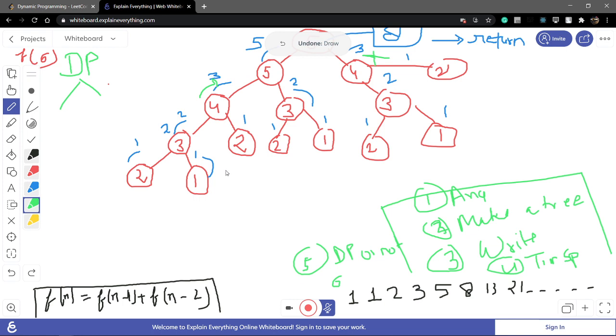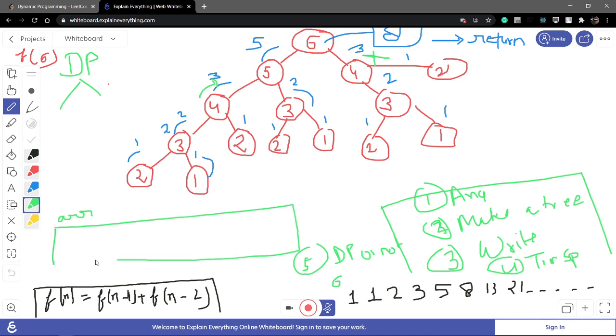Okay, we know I am using an array. I am using an array of six elements, because I have to find the sixth element. So I declare the array of six elements: first, second, third, fourth, fifth and sixth. And we already know the first two values. That is the base condition. So the first two elements are 1 and 1. Now move to fill the third element.